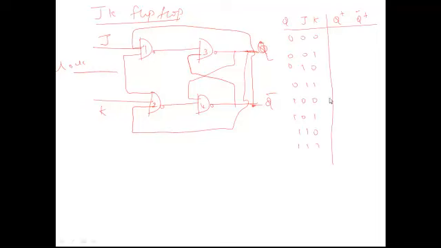We'll be having 8 combinations. So I think I need not tell you all the combinations. We will just understand the combination of 1 and 1, because all the other combinations are the same as in the SR flip-flop only. Whenever both inputs J and K are 1 and 1, over there in the SR flip-flop we have seen an indeterminate state, whereas here the state will be different. Here you will be having a useful state. So we will understand only this combination, whereas all the other things are the same as the SR flip-flop.